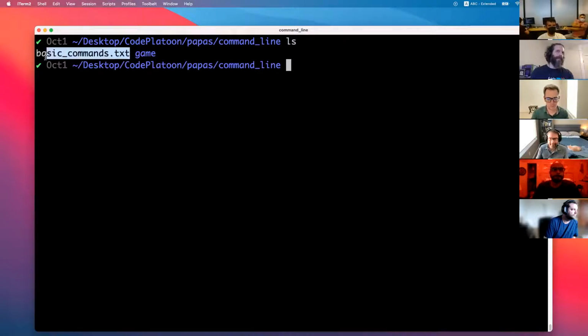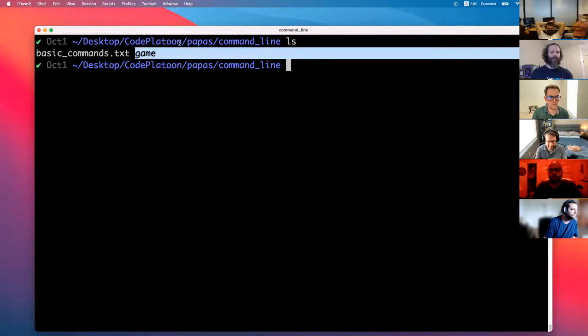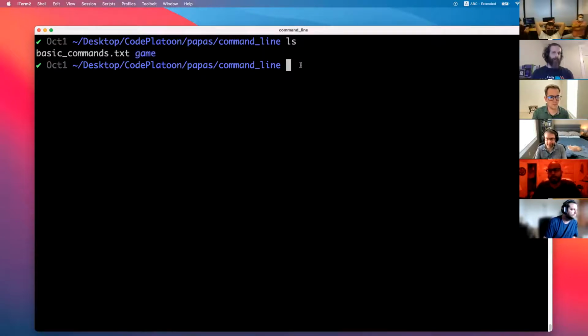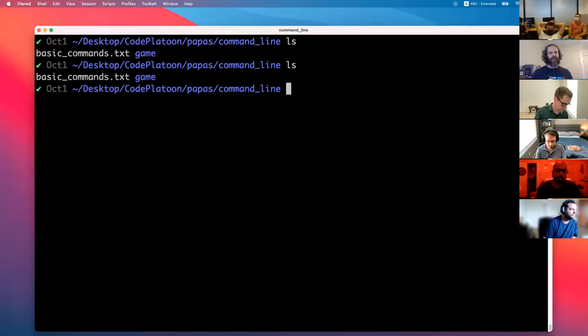And there are two things here. There's a text file called basic commands, and then there's a folder called game. Is there anything else in this directory? There might be hidden files if you use ls -la to get the hidden files. Okay, so even though I did ls and said show me all of the files right here, in some sense there are two kinds of files: hidden files and visible files. We've actually seen and manipulated an invisible file, and invisible files usually start with a dot.